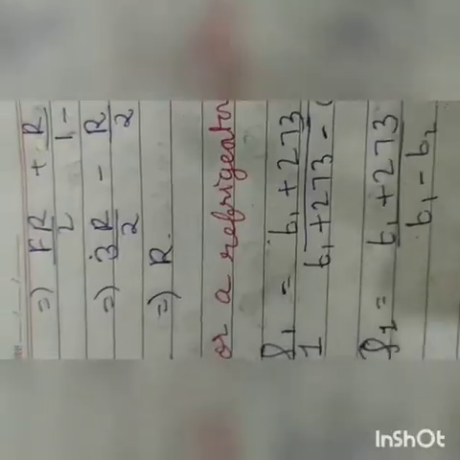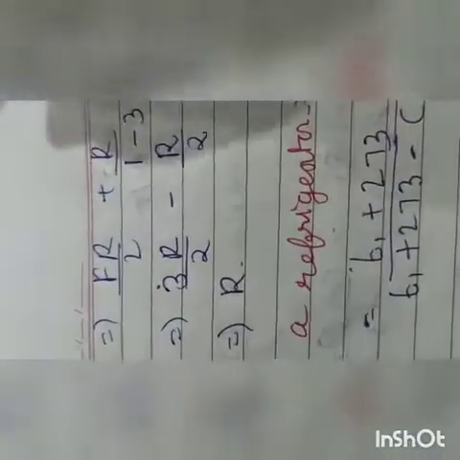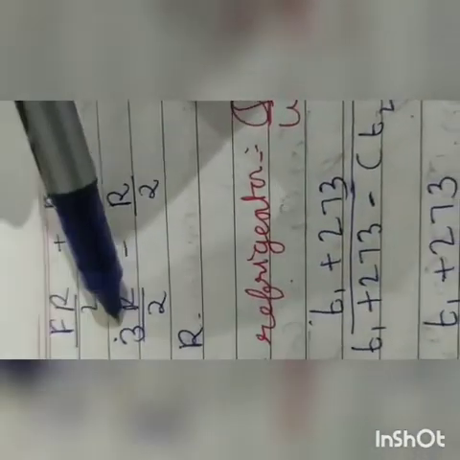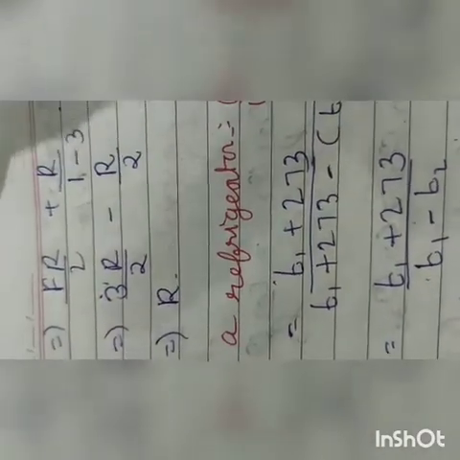So C is equal to CV plus R by 1 minus alpha, and we will just put the values: 3R by 2 plus R by 1 minus 3. So as we know, for the monoatomic gas, we have 3 as the value of the coefficient. So we will just subtract and get the value R. So here is our correct option, this R.